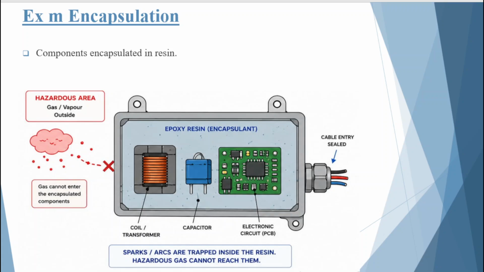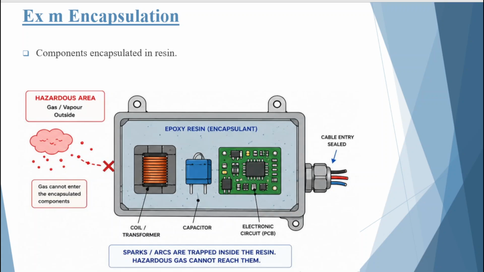Even if the components generate small sparks or heat internally, these remain confined within the encapsulated material and cannot ignite the surrounding atmosphere. Because of its compact design and high reliability, XM protection is commonly used for electronic circuits, sensors,